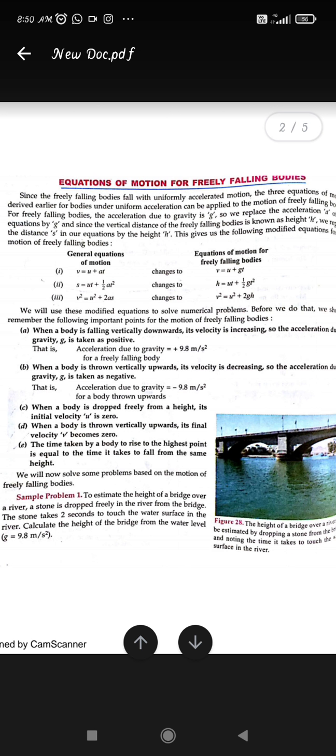You can see any of the examples. If you throw a ball from a height, the velocity of the body increases gradually, right? And this velocity increases due to gravity. So when the body is given vertically downwards, the velocity is increasing, and that increase in velocity gives the acceleration, but since it is going downwards, the acceleration acting on it will be due to gravity. So acceleration due to gravity will be working, but that too in the downward direction.